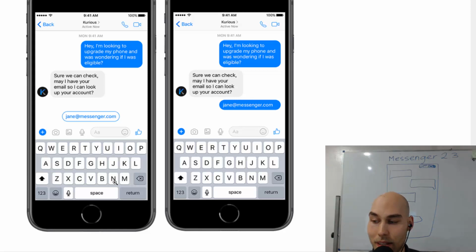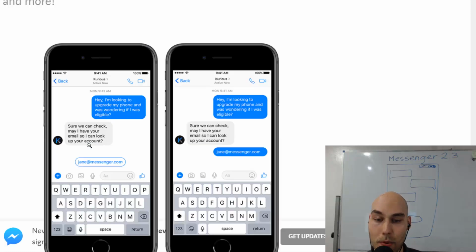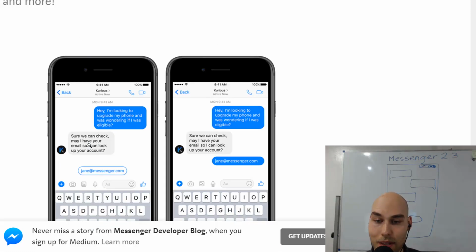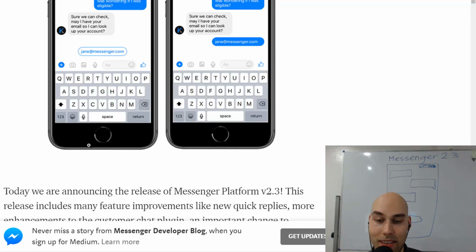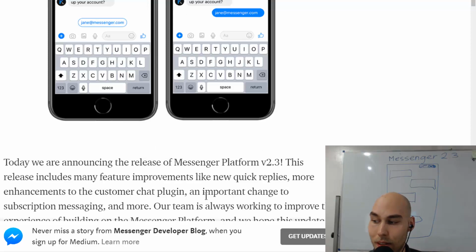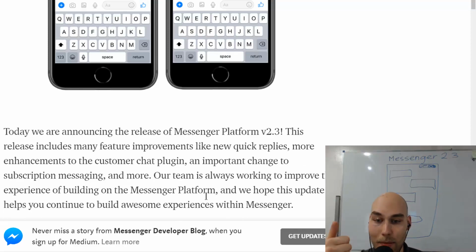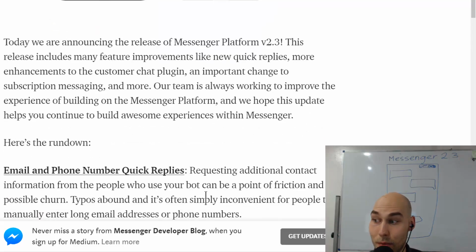That means you can carry on the conversation, ask for their email addresses, which is provided by Facebook itself, and they don't have to type anything. They can just click on it and have this frictionless, very nice conversation with your bot. And it's just a better user experience. They don't have to fill anything. You know their names, you know their email addresses, you know their time zone, and I'm just super excited